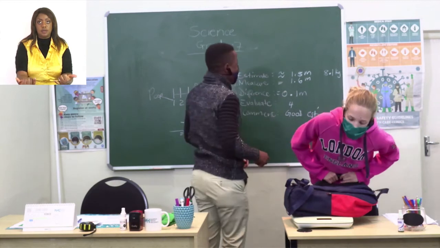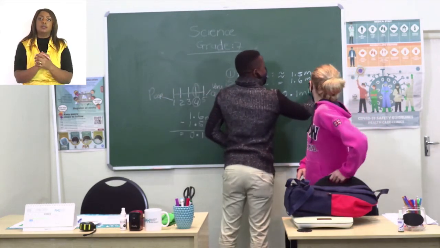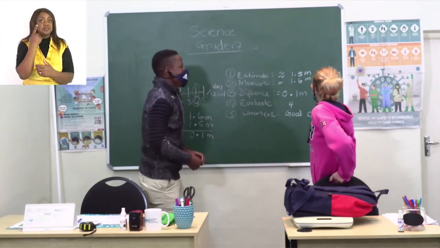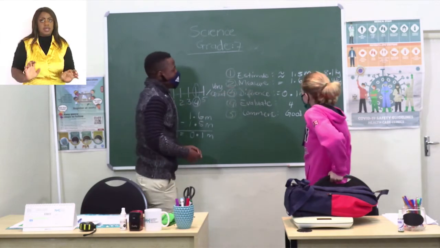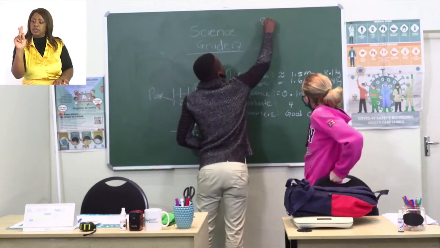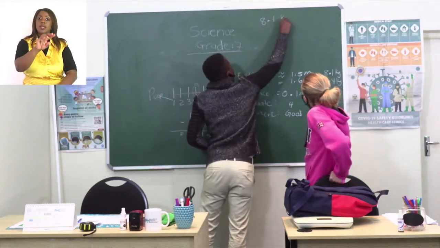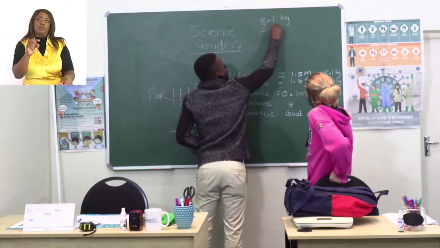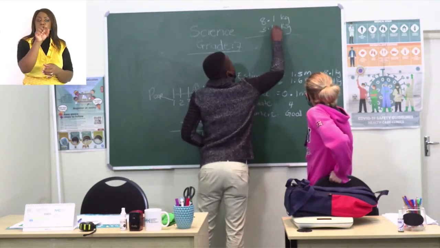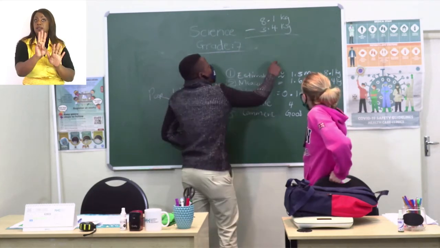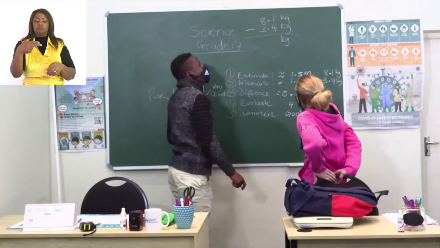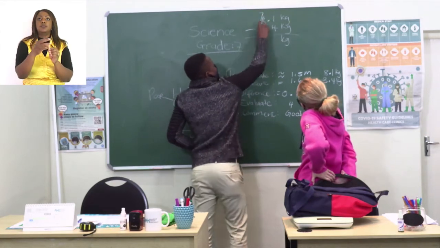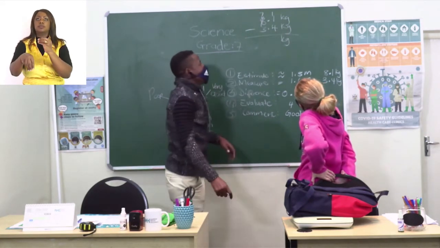What is the value there? 3.4. So it's 3.4 kg. Then to get the difference, we have the highest is 8.1. This is kg, and the measure is 3.4, which is kg. We have to subtract. Okay, of course I have the kg here. I have to get some value here. I have 7 remaining. I'll put 1 here.